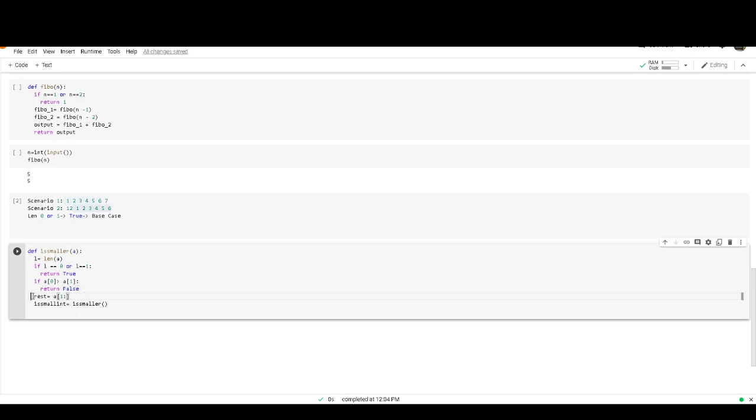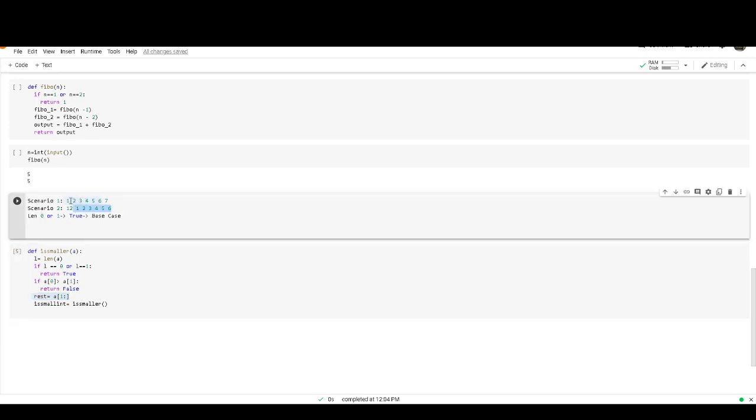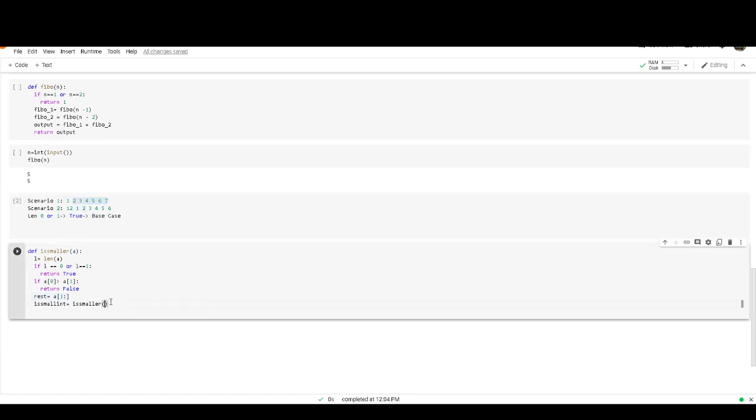Hope you understood this one: a from 1 and above. This is a of 0, and then a of 1 and above. In some cases, I will explain that later.